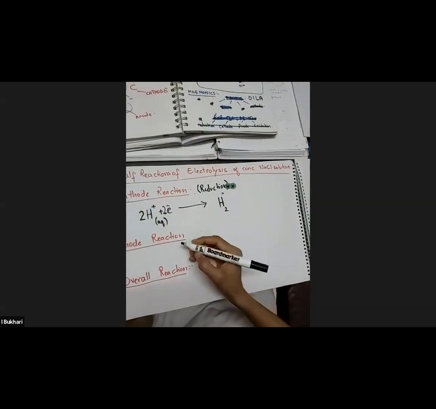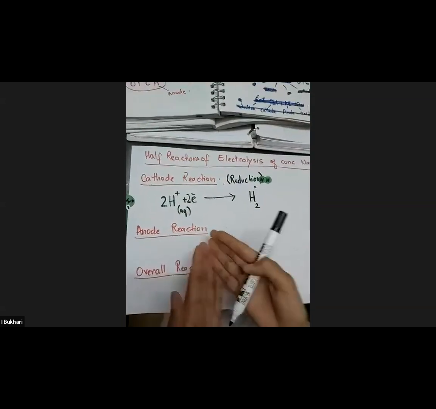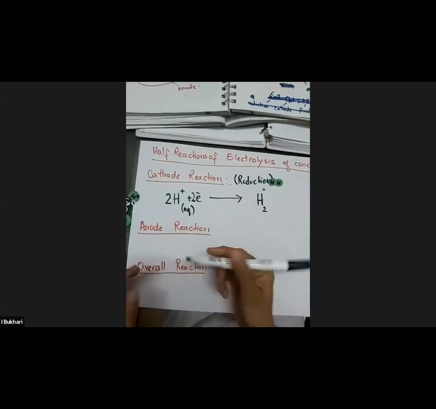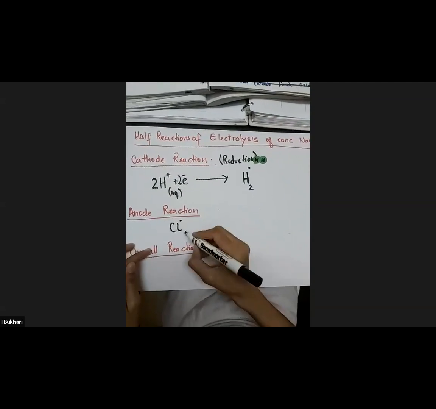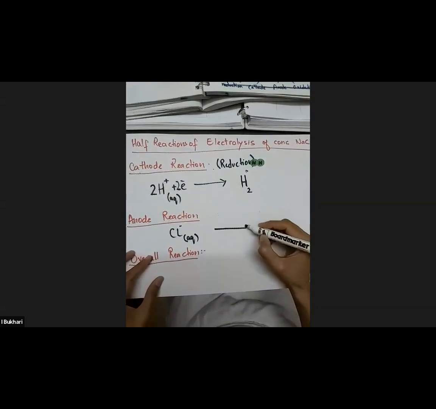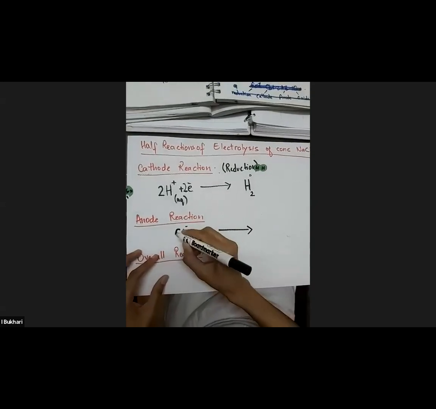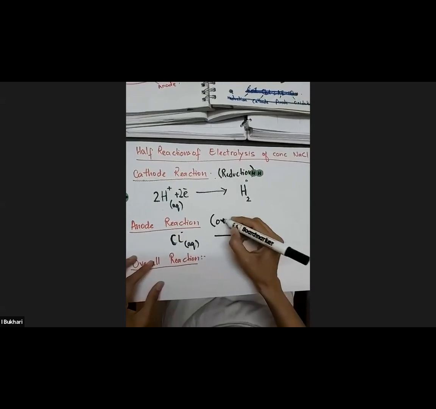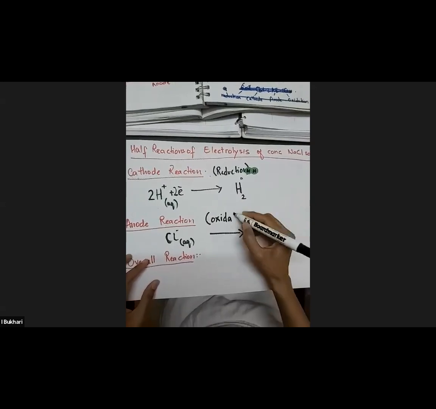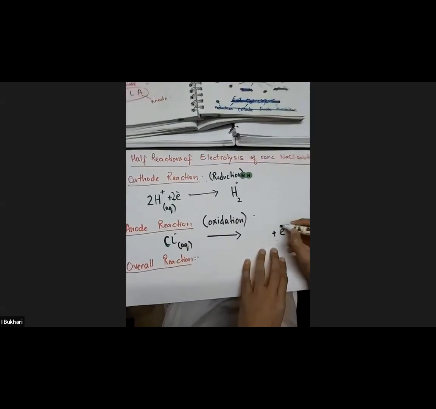Anode reaction, easy. Which ion was sacrificed here? This was chloride, right? We started with chloride in the ionic solution. So this is aqueous, okay? And this got discharged, and of course this is the anode, so oxidation. Because the anode is the site for oxidation. There is loss of electrons. So I know some electrons are lost. I will figure out how many later.